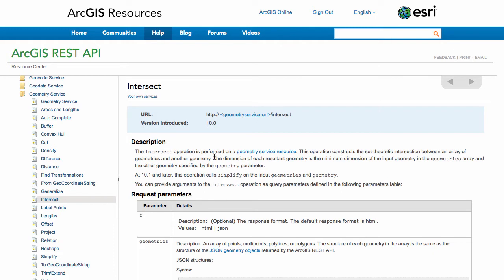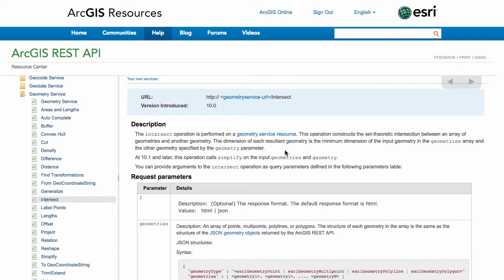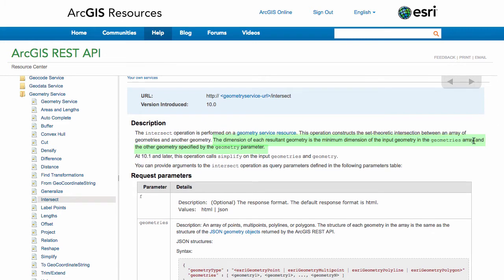But the interesting part here is this: the dimension of each resultant geometry is the minimum dimension of the input geometry in the geometry's array and for the geometry specified by the geometry parameter. So what does that really mean? The resultant geometry is the minimum dimension of the input geometries. We're passing in a line, and a line has a single dimension. So the minimum geometry you can get back from two intersecting lines is a line,